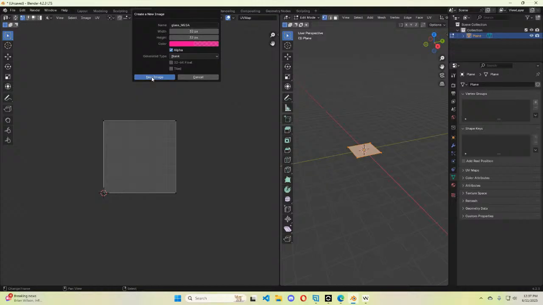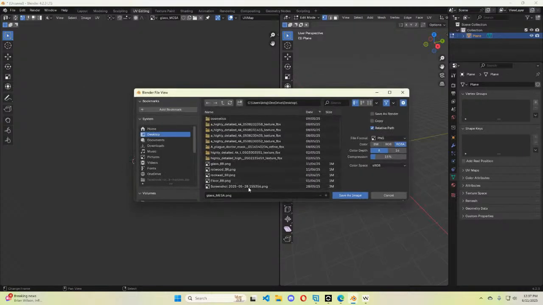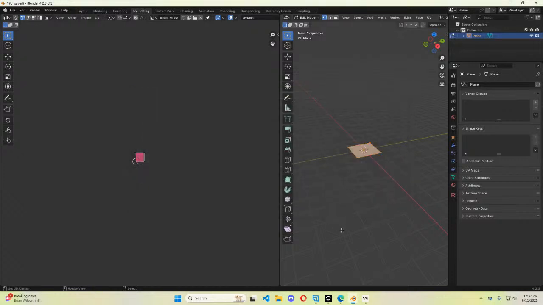So you're able to create a new image. And once you have that image, we're going to go to image, save as, and it's already named for us, glass_mesa PNG. I'm going to save it to my desktop. And then when I go to bring it in,